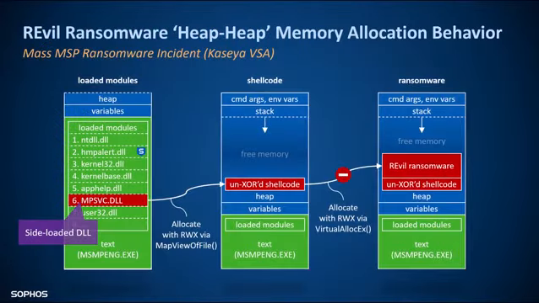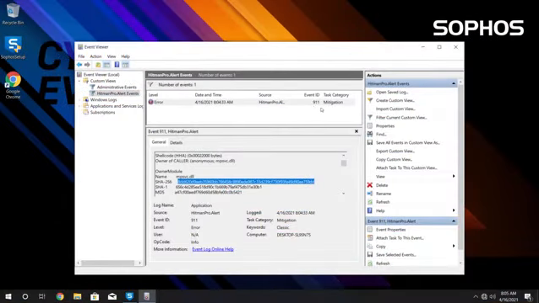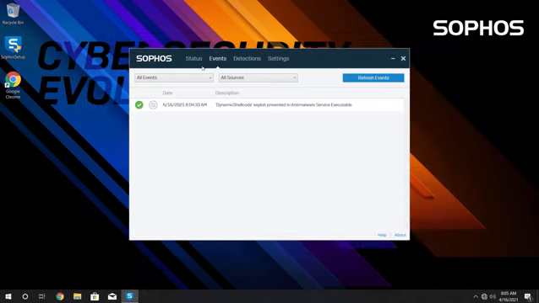And this illustration shows exactly where Sophos Intercept X intercepted the malicious code execution. No files were encrypted because the ransomware was stopped before code execution reached the function that starts encrypting files on the local disk. Because our dynamic shellcode protection sets a hard limit on how often processes can allocate additional executable